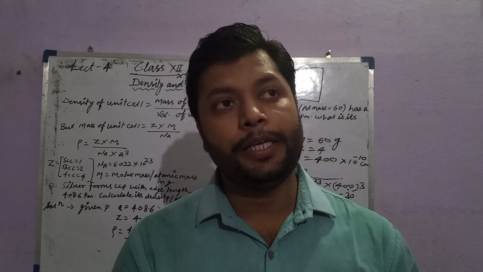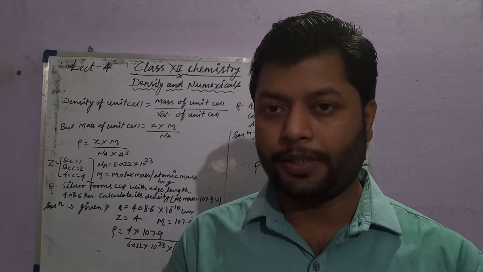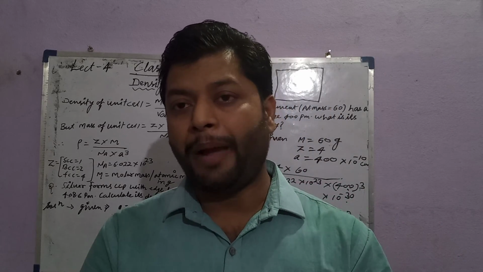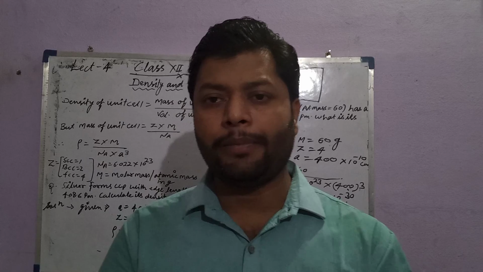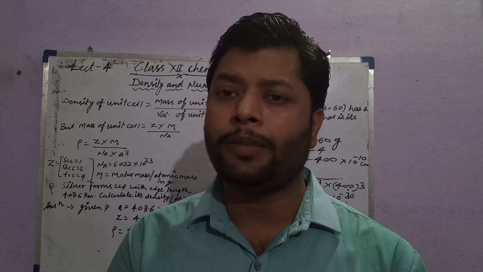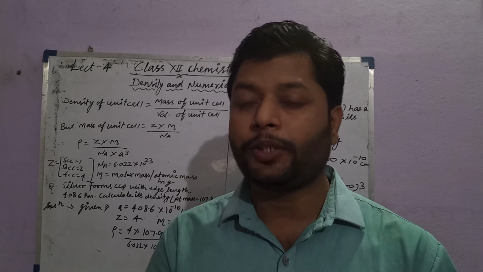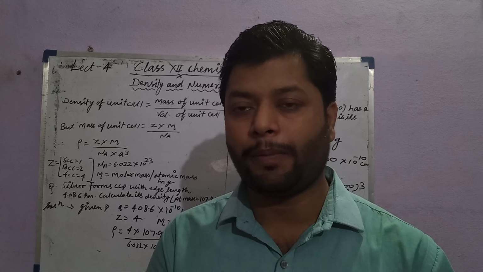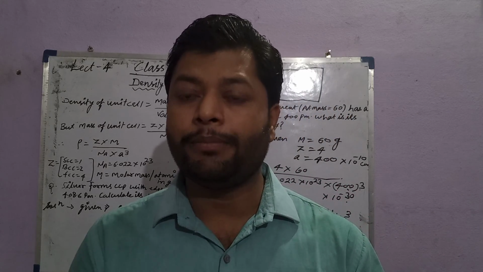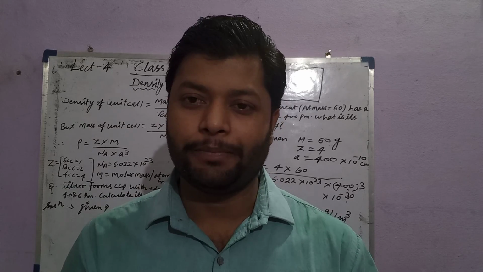Another thing, the next section of this chapter. Now half of the section is completed: packing density and unit cell are about completed. The next section is totally different and really a mind-blowing topic of the chapter, that is actually called imperfection, electrical properties and magnetic properties. So electrical, magnetic and imperfection topics are really very interesting and valuable topics, you can say.